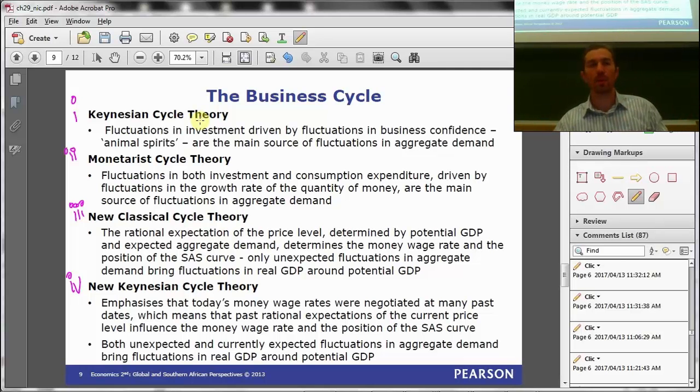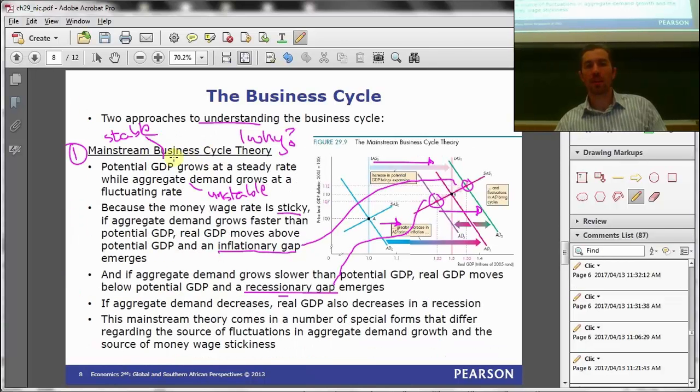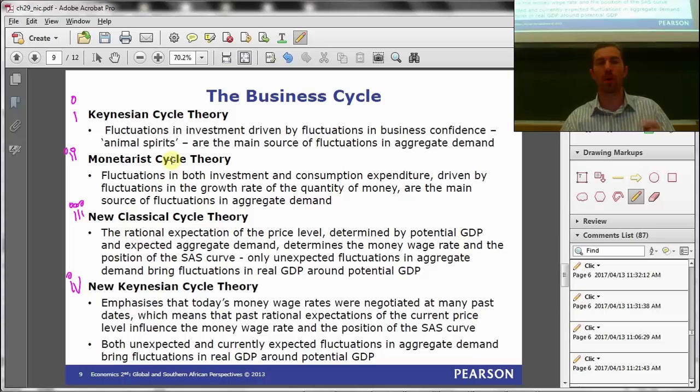In the mainstream business cycle, we've kind of brought all of that together. So we're saying, yes, there's shifts in supply, and yes, there's shifts in demand. Everyone accepts that there's shifts in both of them. The question is then, I guess, which is more important? Is it demand side or supply side? Right? So the Keynesian